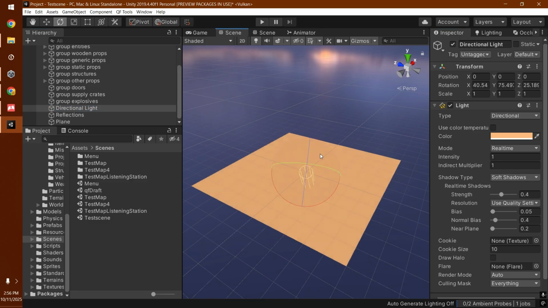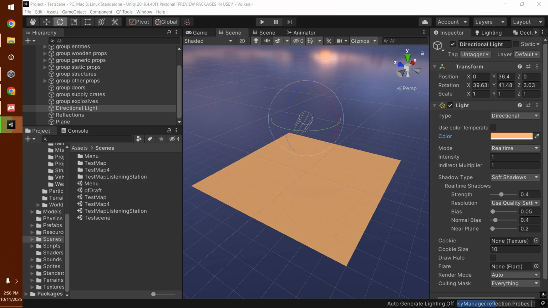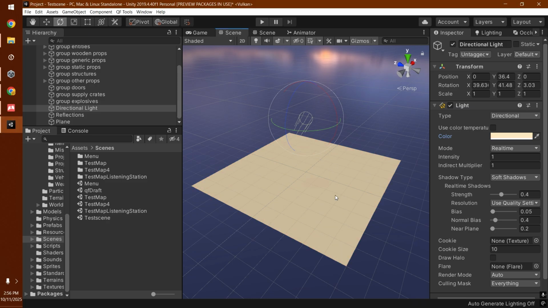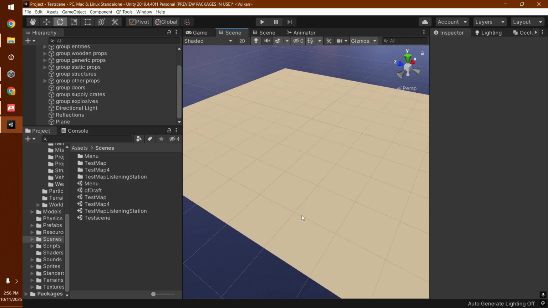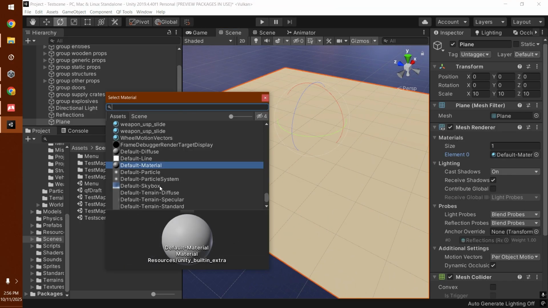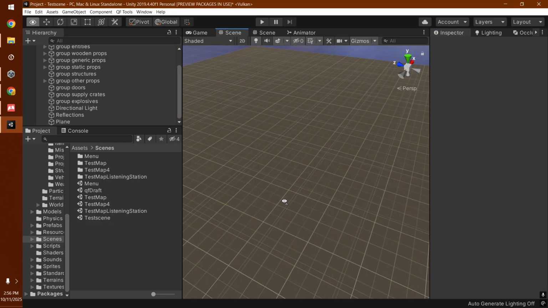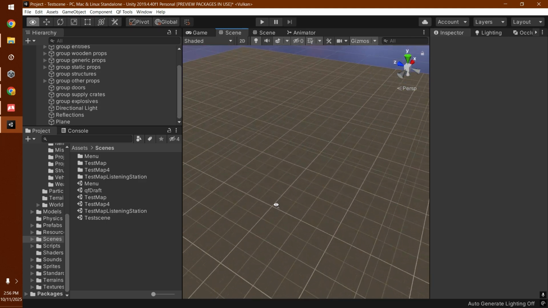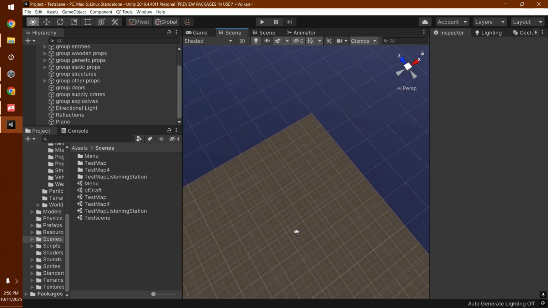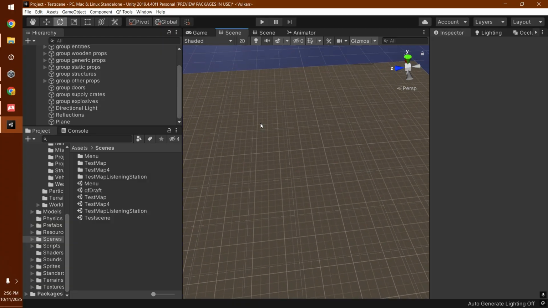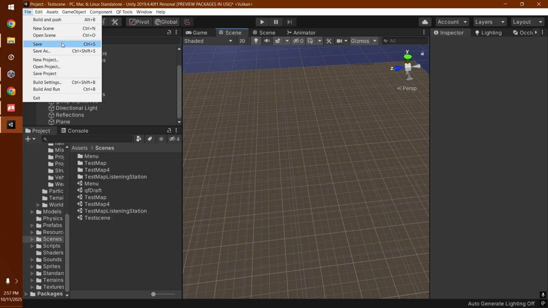Let's change the directional light rotation and change the color too to something like this, I guess. Okay, so this will be using the floor texture. Naturally, it's a source kind of floor texture. Okay, we have the scene, the most basic scene you can ever imagine. So let's save the scene